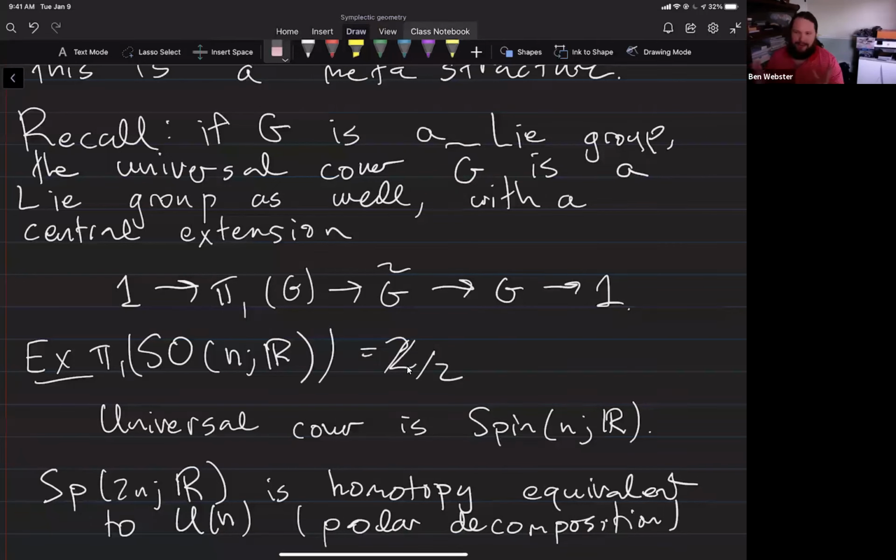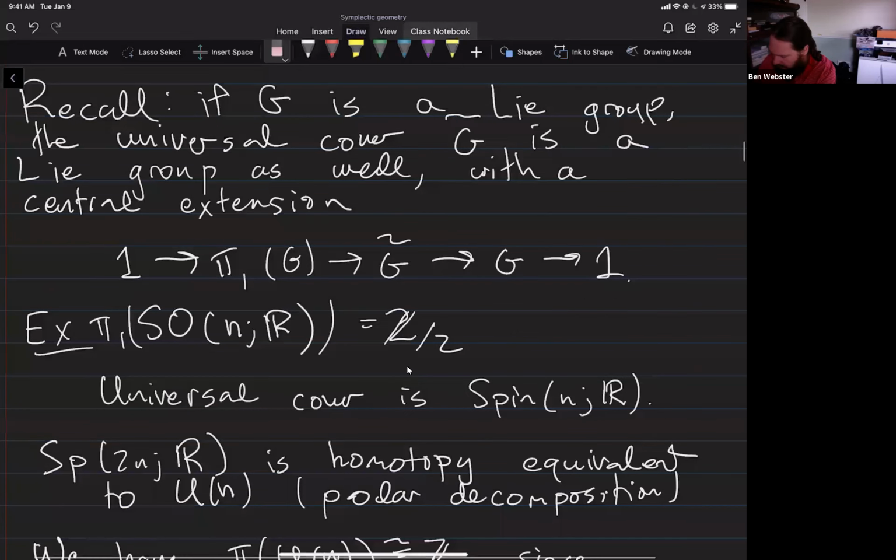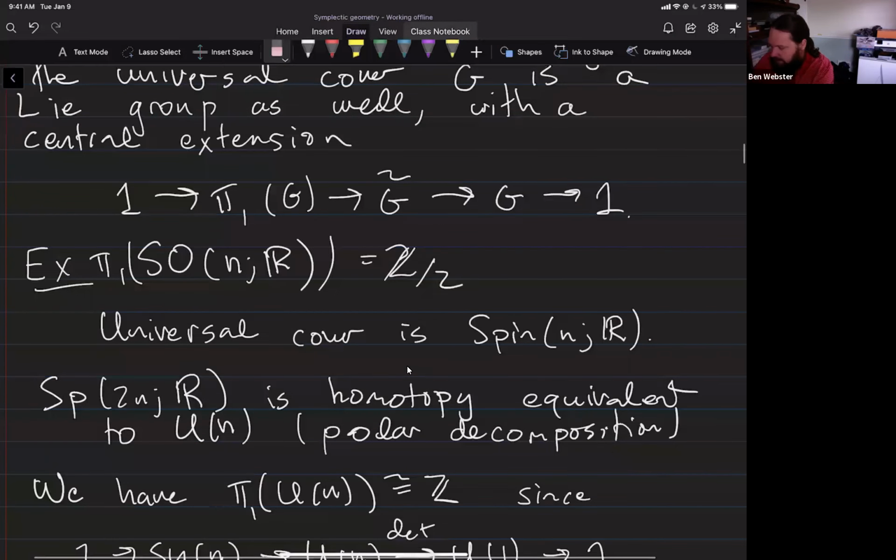And again, depending on which source you read, there's a bunch of stuff about whether you want to look at Sp(2n, R) or Sp(2n, C). There's some complicated stuff going on here, but I think we'll be okay. If we think about Sp(2n, R), we're only going to think about real polarizations for the story. What you need half forms for is much more subtle with the Kähler picture. All right, so